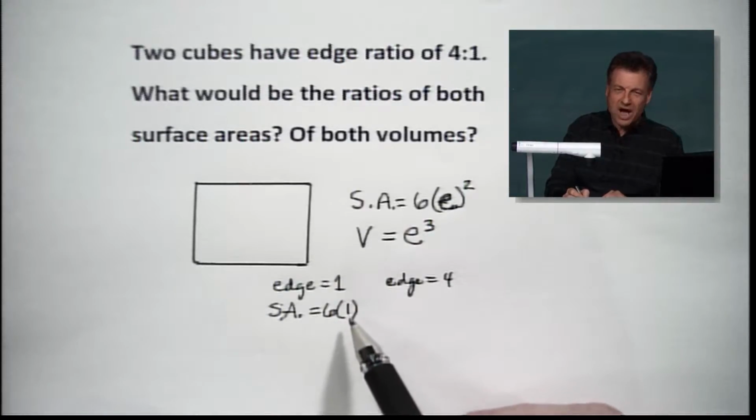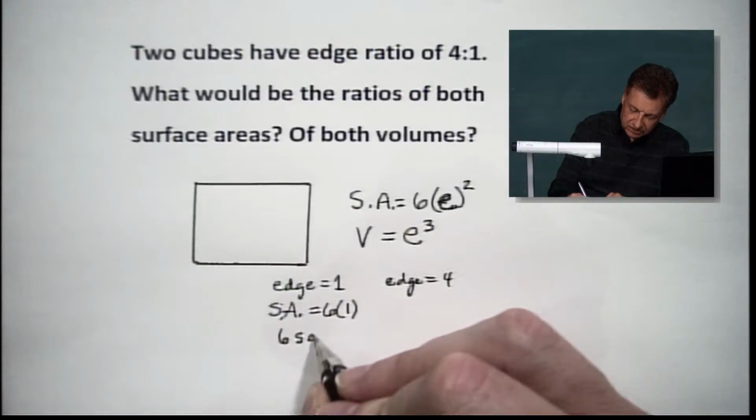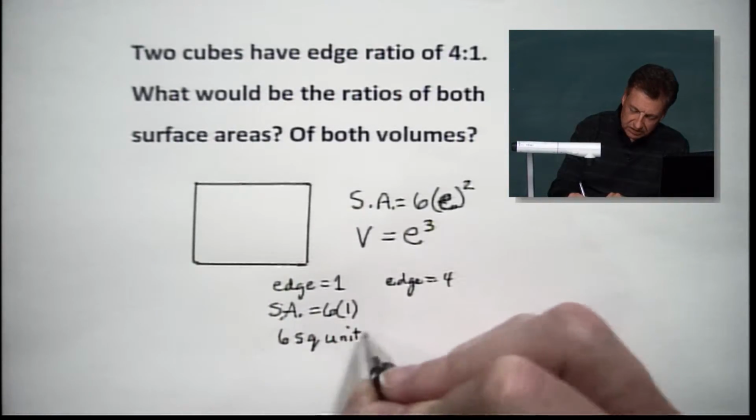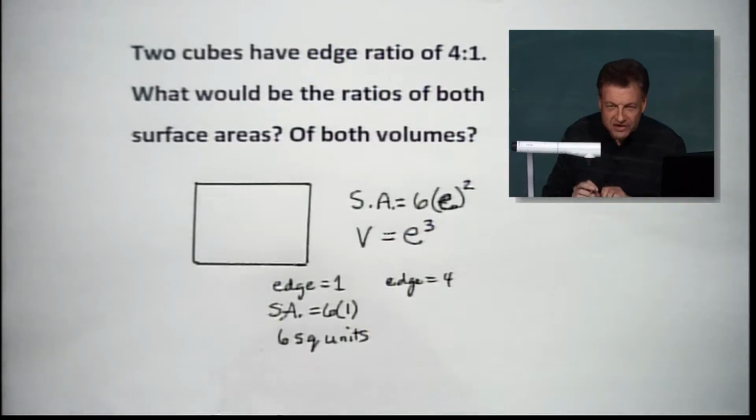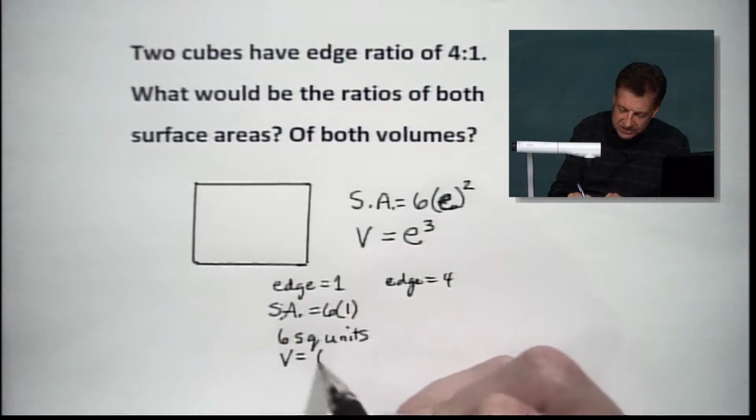1 times 1 is 1, all right? And these are square units. So this will be 6 square units. Now while we're at it, since I dropped my lower third out, thank you guys, we also have volume. And we've got volume, and this time we've got,